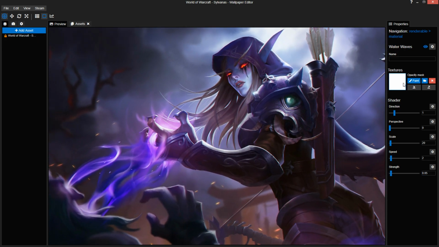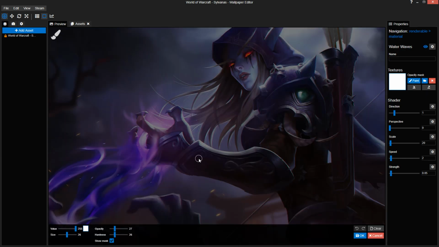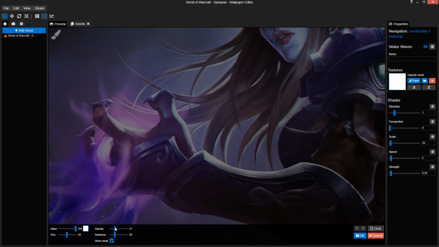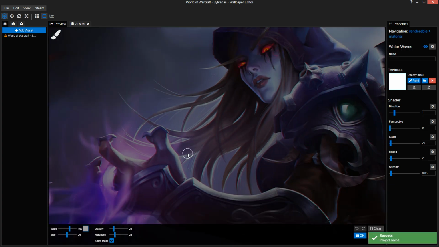Right here it doesn't look that impressive because everything is moving. The moment you open your opacity mask, we're going back here again. Opacity, you want to keep this one low as well. You're going to your size, and then I grab a value of 160. This is what I'm just used to, and I prefer creating these settings as a starting point and working my way up from here. From here you're probably going to increase the strength, speed and scale, or decrease them to your liking, but this is usually the middle ground I work with.